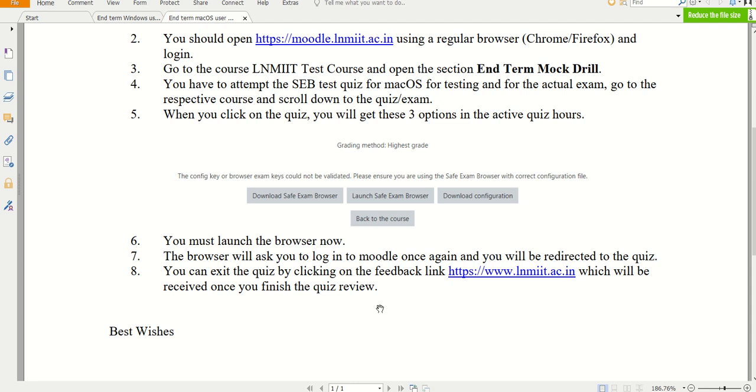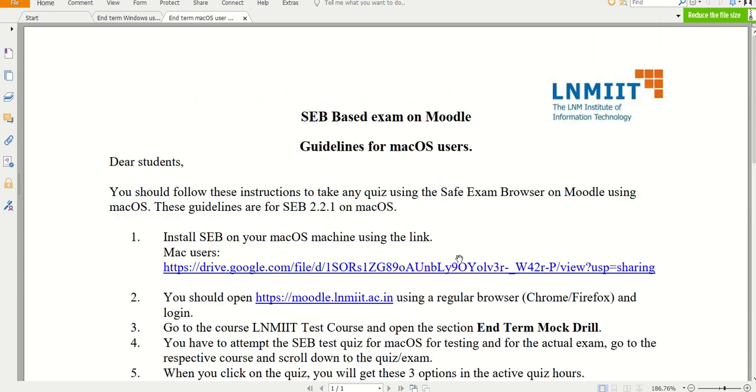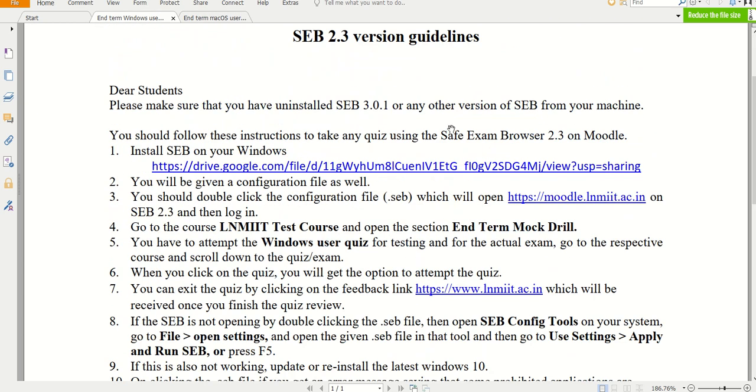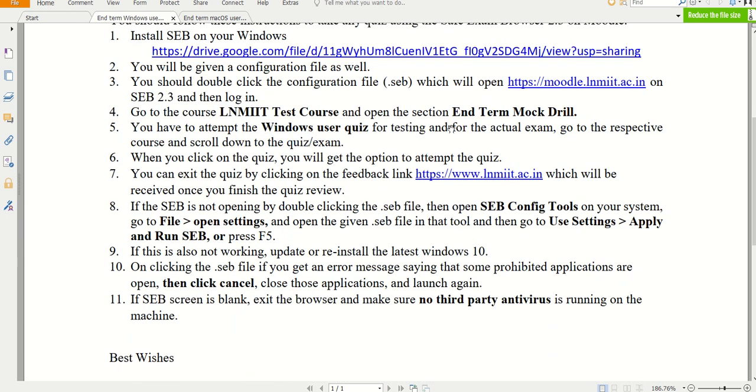Okay? So let me repeat the process very clearly one more time. Windows users, you will have one configuration file. Double click the file. It will open the Safe Exam Browser. Go to Moodle, go to your course, take the Windows OS quiz. Complete the quiz, click on the feedback link which will be LNMIT and you will be out of the browser. That's it.